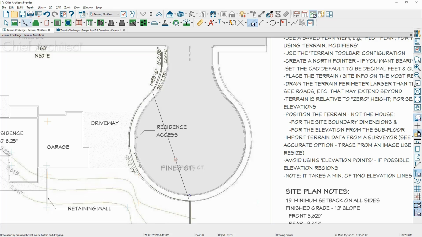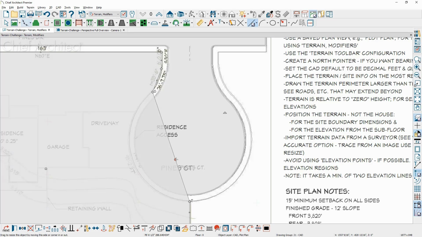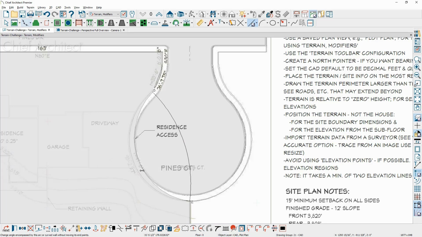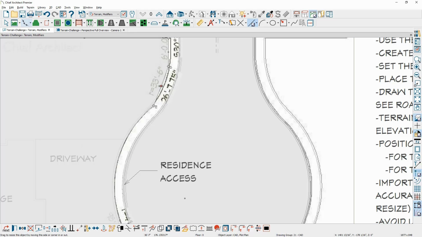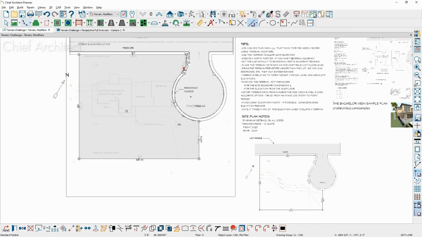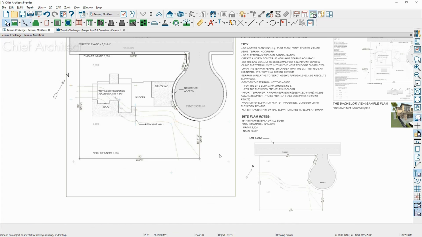Let's go ahead and begin by curving that. I'm going to click on the line segment. I'm going to use the convert to arc tool, grab this diamond, and I'm just going to pull it in right around that area around the road. We'll do the same thing up here. Go ahead and curve this segment, and we should be very close to getting that in that area right in there. So using the trace tool, I was able to use the image and just trace over it with the